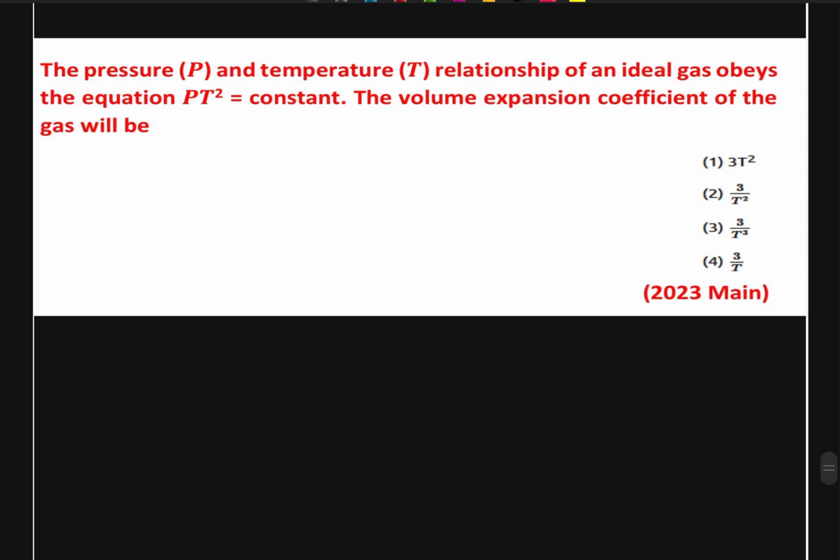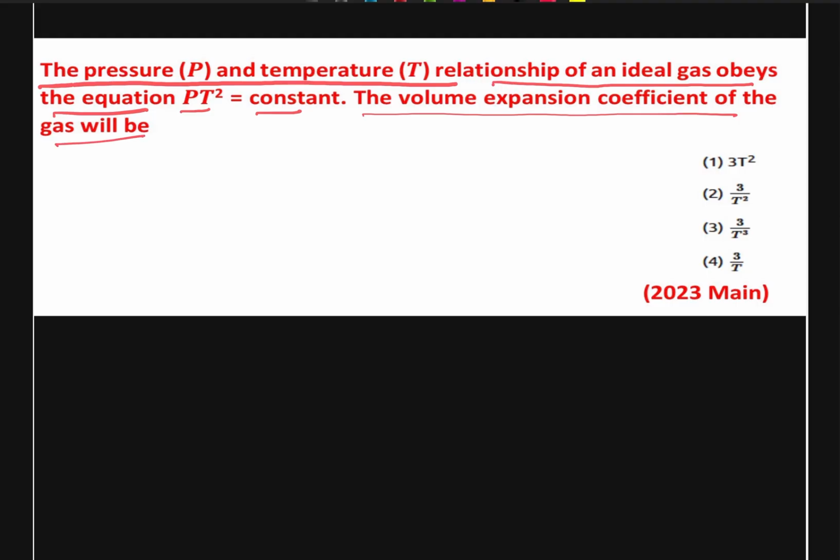Next question. It states that the pressure and the temperature relationship of an ideal gas obeys the equation P T square is equal to constant. The volume expansion coefficient of the gas will be. So we have to find out the volume expansion coefficient, which is our beta, and that can be written as,